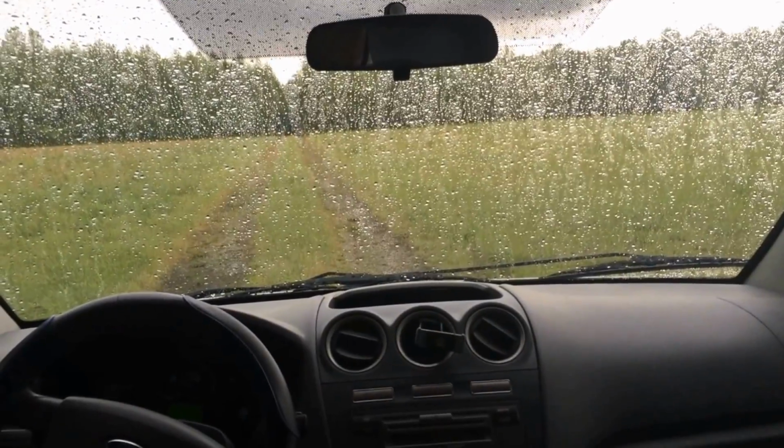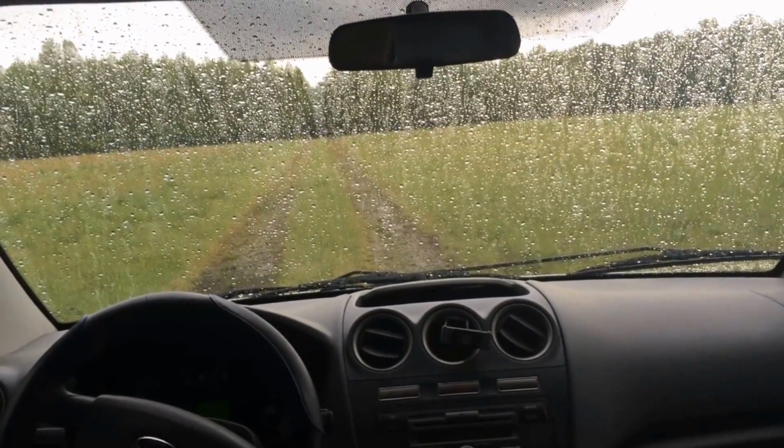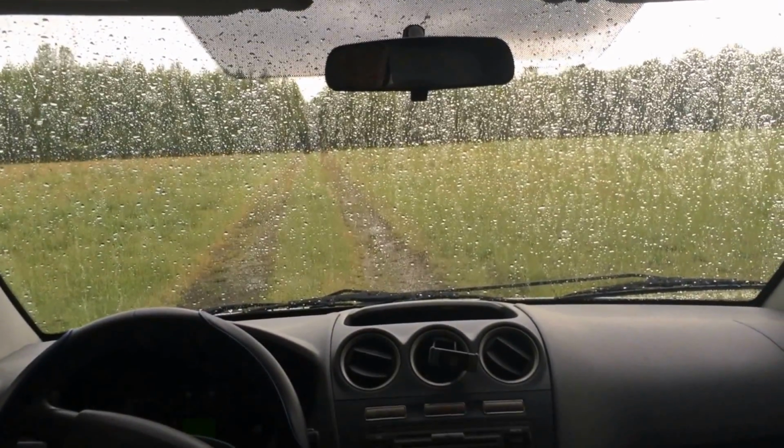You are suffering some performance and some style, but I'll throw that out the window for what I got in return with this van. I'm very pleased with it. So I guess enough talking about the back. Looks like the rain finally calmed down, so let's go ahead and